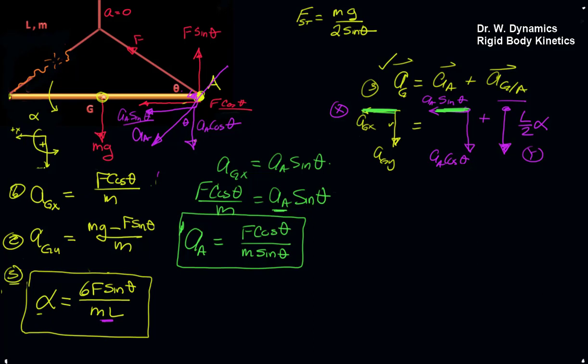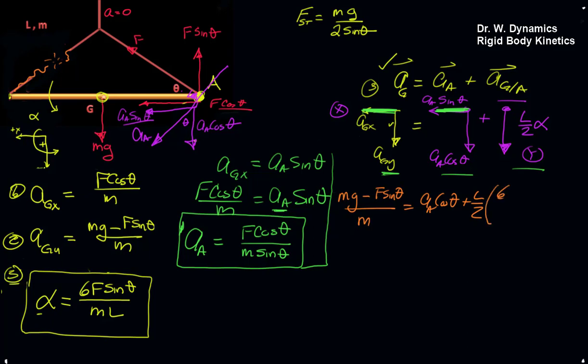And if we look in the y direction, we have this term has to equal both of these. So let's write that out. AGY is mg minus F sine of theta on M, equals A_A cos of theta plus L on 2 times alpha, and alpha is 6F sine of theta on ML. And we can substitute in our value for A sub A from over here. We'll get